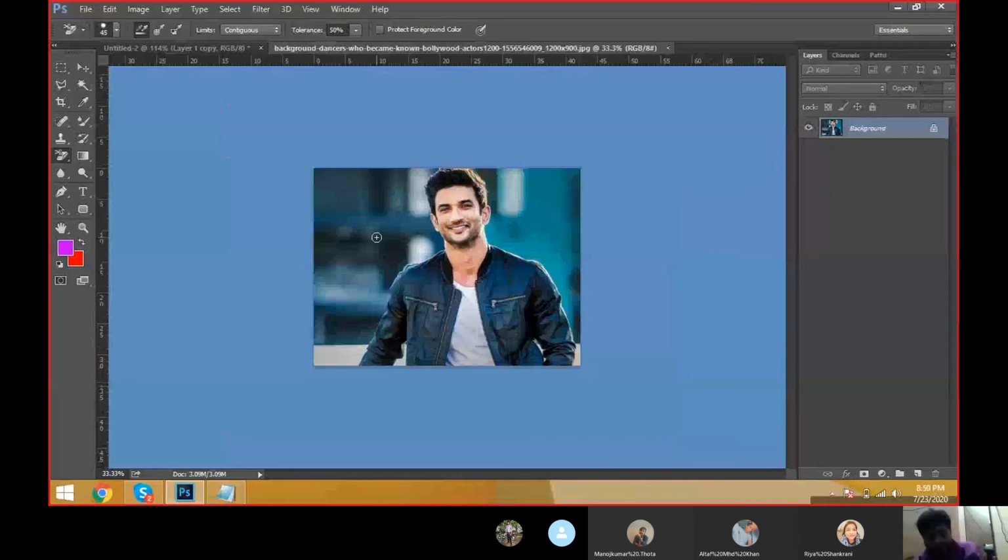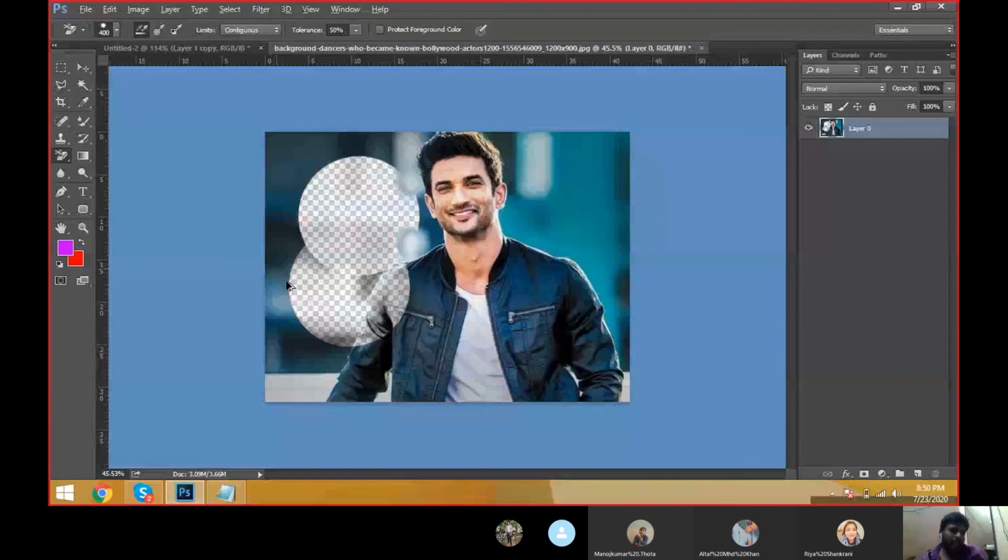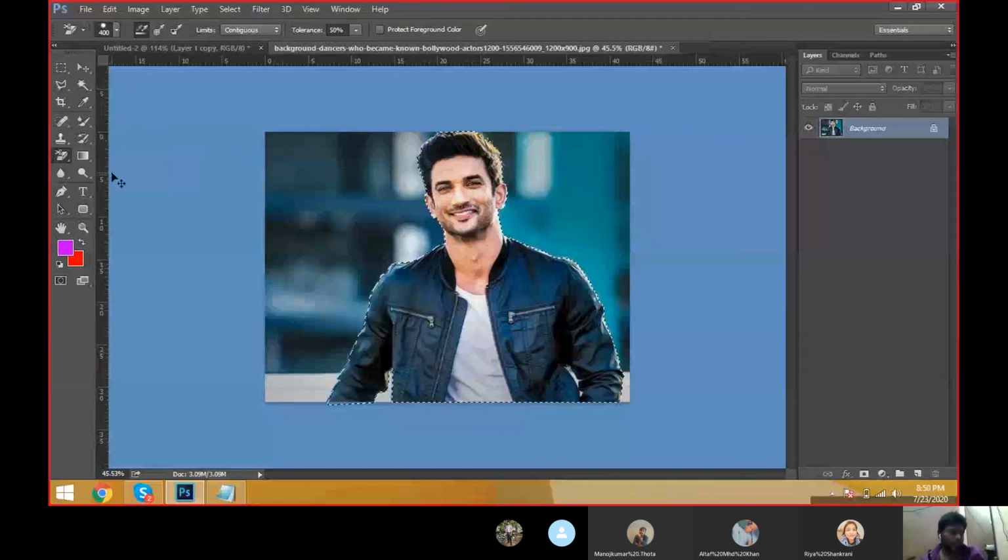Why? Because we have the same similar pixels in the background, and here the background color and the jerkin color are both similar. That's why it's removing both like this. Then what happens when we use this background eraser tool? It means if it is a single color background, go to Google Chrome.